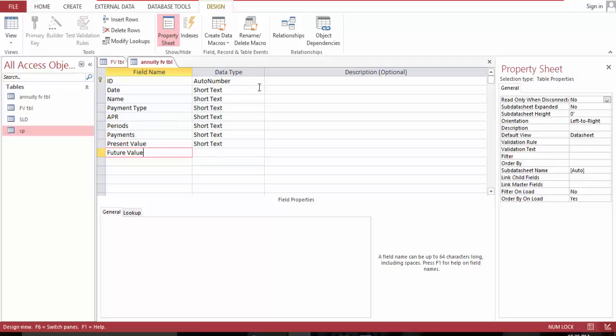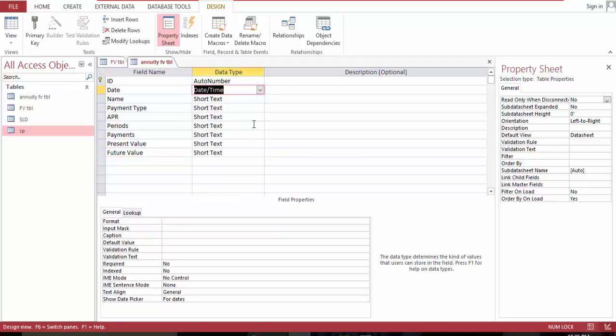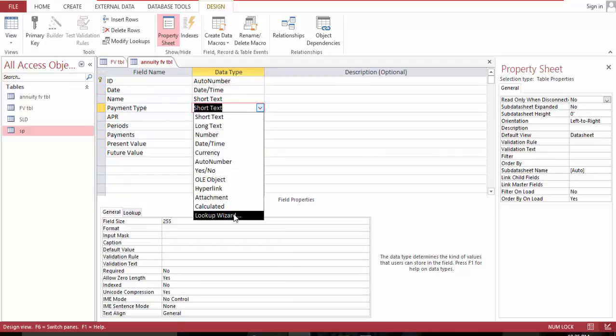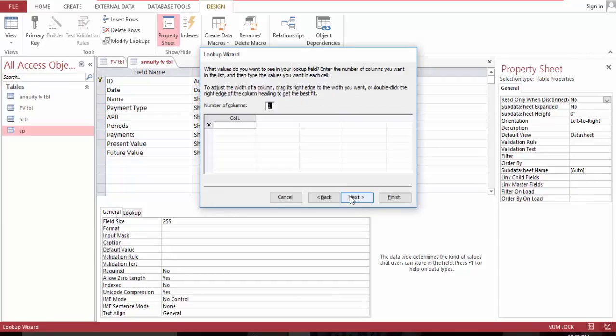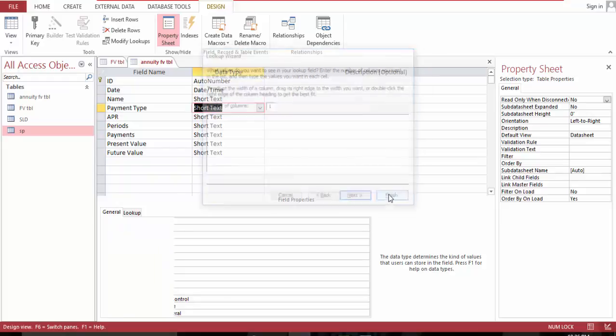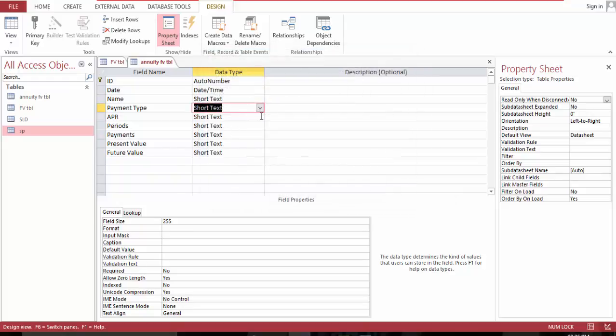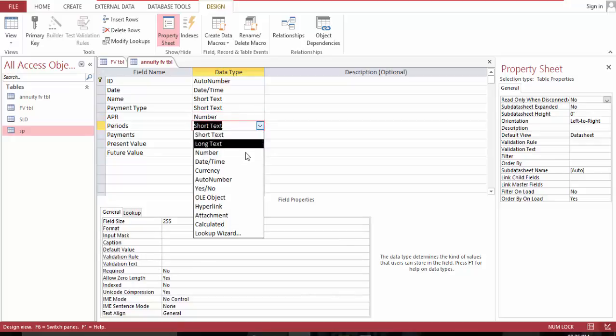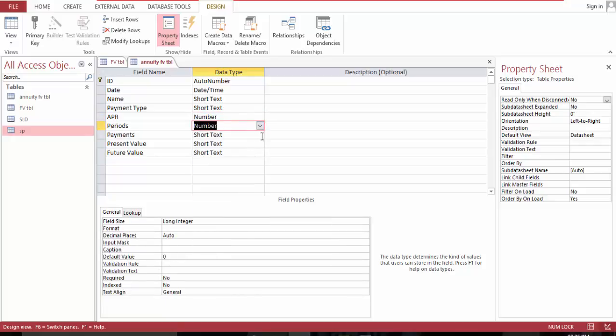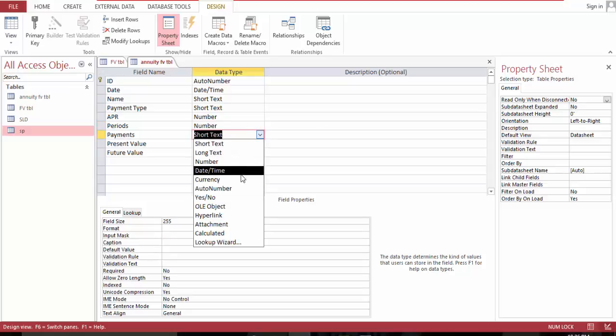Let's go ahead and format this further, and this is going to be lookup. I want to type 0 and 1. Finish. This is a number, this is a number, this is a currency,